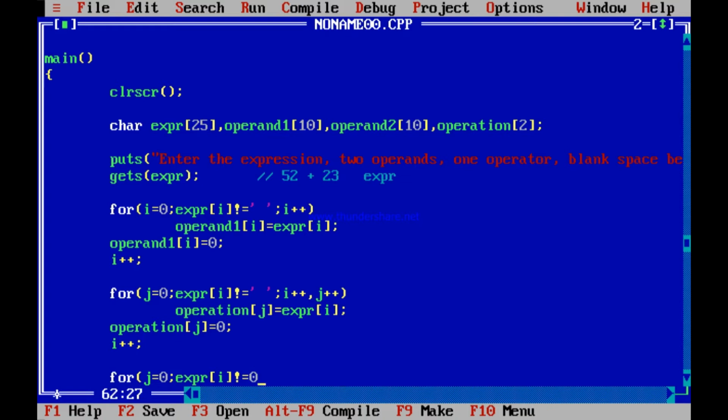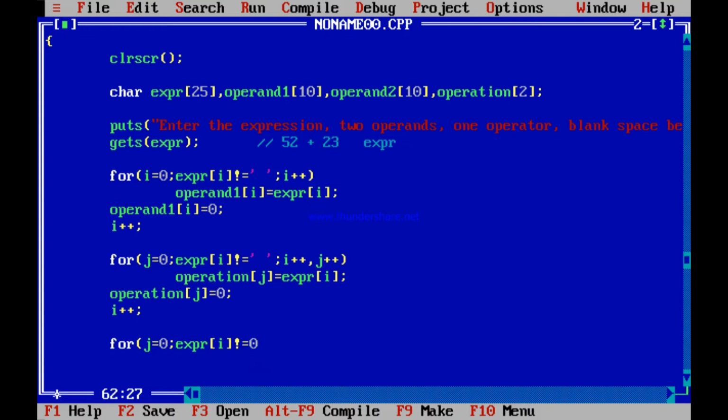So check this. Till expression I is equal to 0, because it will now reach the end of 23. So at the end of 23, what is present? 0 is present. Expression is also a string, 0 is present. So expression I is not equal to 0 means no more blank space, because between 52 and plus there was blank space, between plus and 23 there was blank space, but at the end of 23 there is no blank space, there is a 0. So expression I is not equal to 0, again I plus plus and J plus plus,